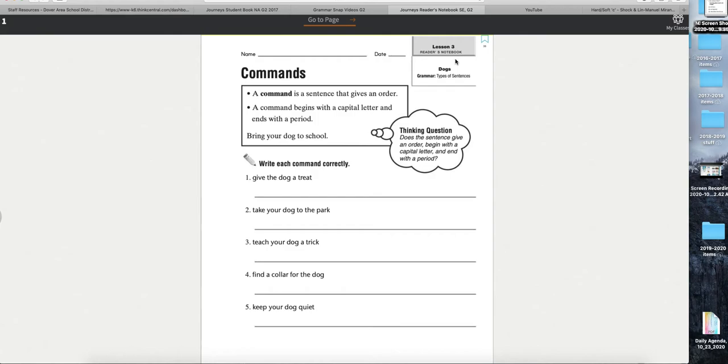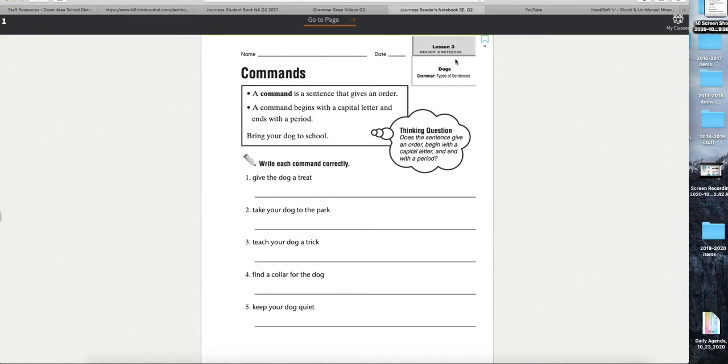Yeah, Nessa, when you're done, hon, hold it up for me. Also, make sure you put finger spaces in between your words, okay? So when you do the next one, make sure you have finger spaces. Thanks, Nessa. Okay, moving on to number 2.